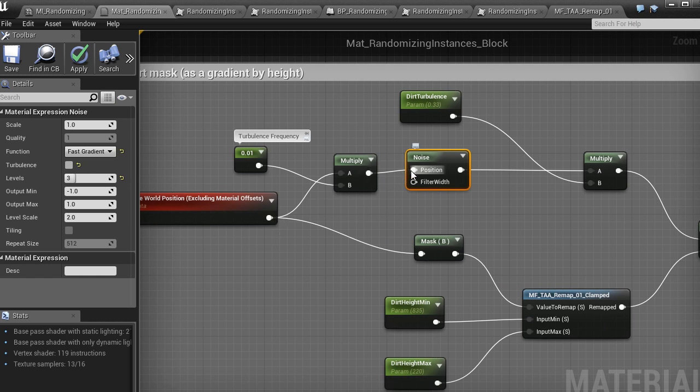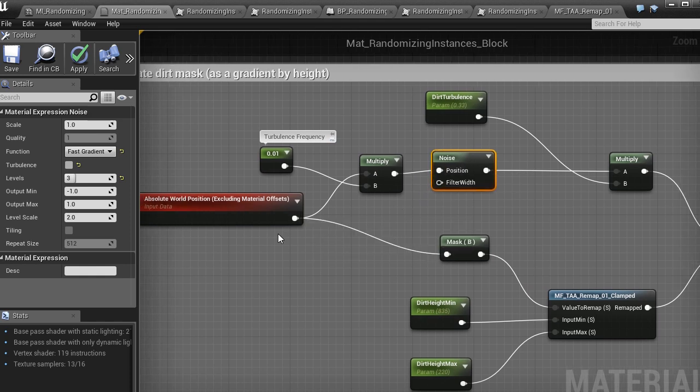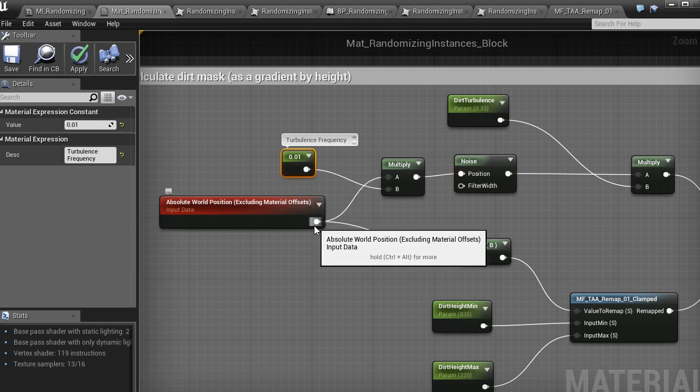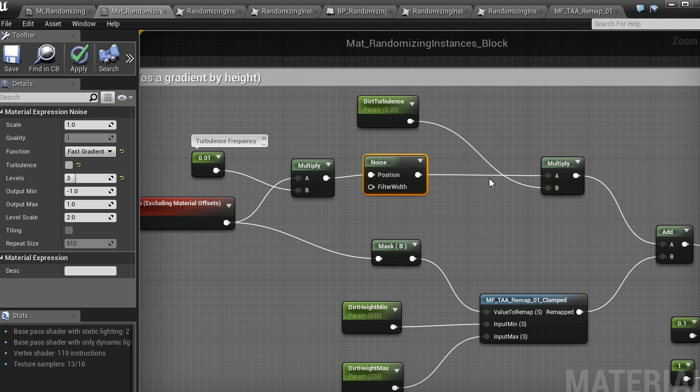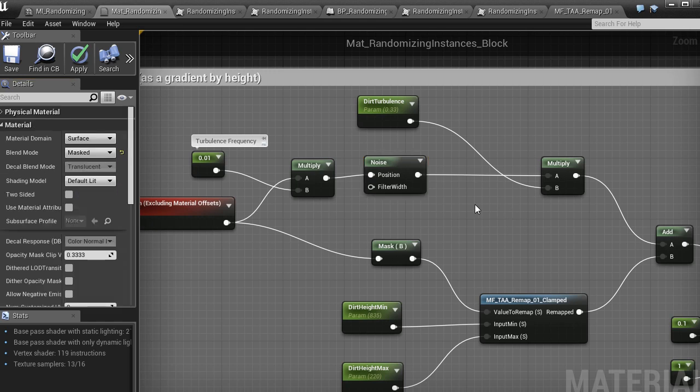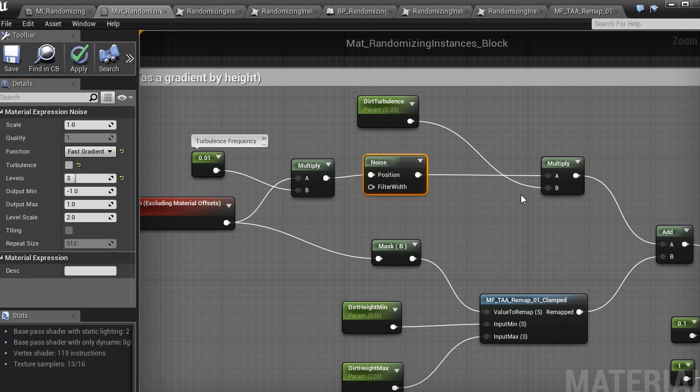You give a vector of 3, called here a position, and really it can be a position multiplied by some value of frequency of the resulting noise. It's like the scale of the noise, the multiplication of the position, and what you get in return is a value, for example between -1 and 1, or it can be between 0 and 1, or whatever, a random value, but not completely random, not a white noise.